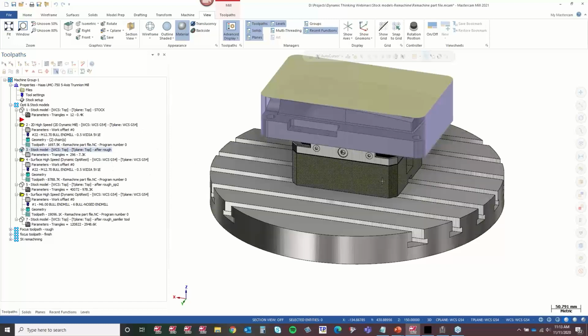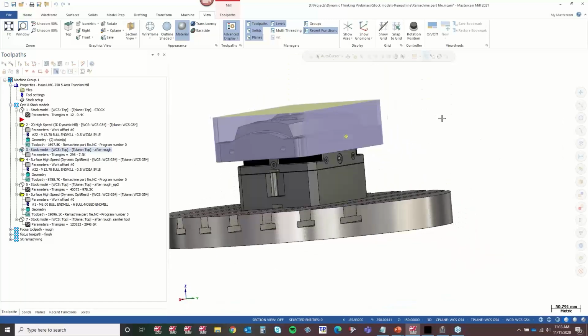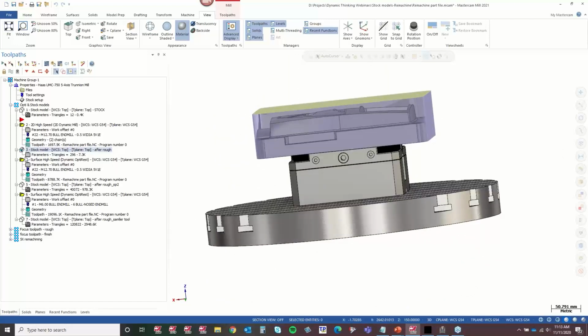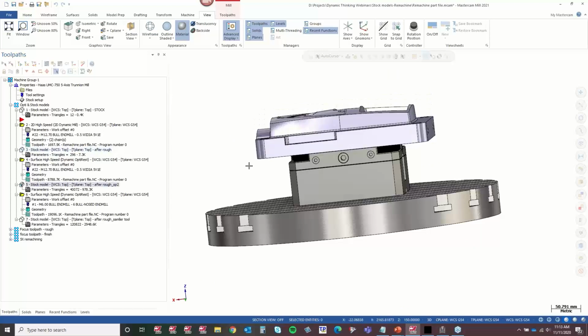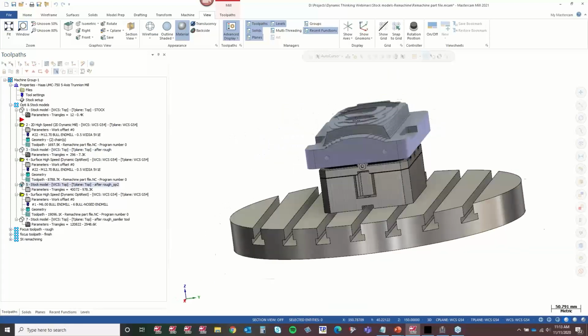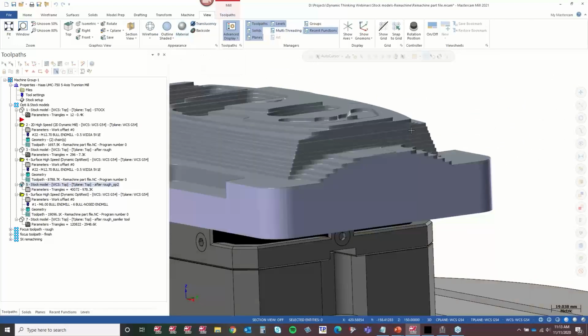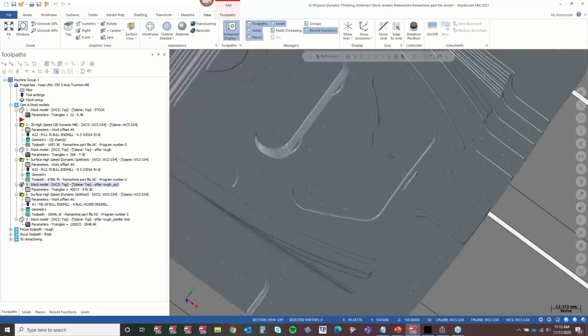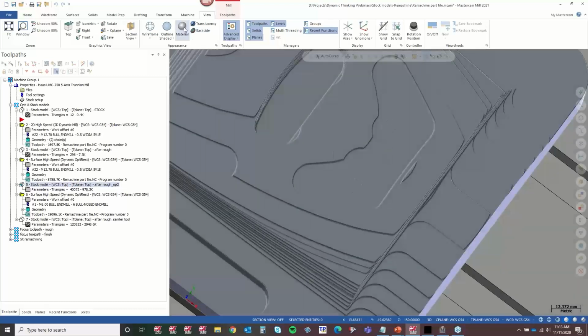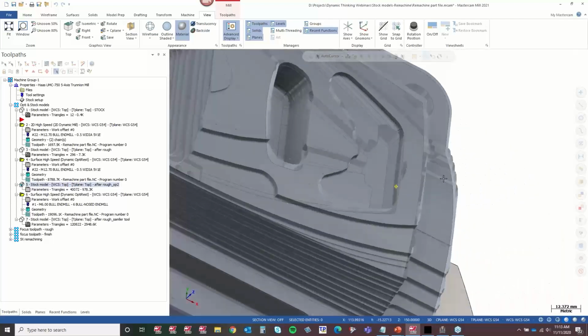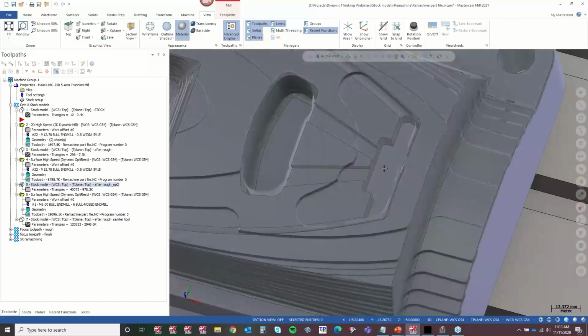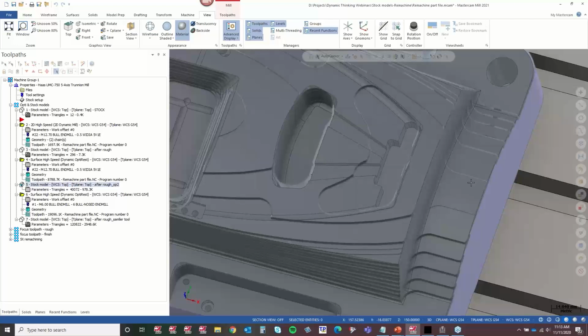All right, so that's the glass functionality of the stock model. I really use that a lot. I encourage use of that. Same thing with this next stock model, so I can see the model behind it. Without glass turned on, I'm just seeing the block of the model. I don't really know that there's a full-size pocket under there. But with material turned on, I can see that pocket and know that I have to go in there and machine it. It's a very subtle thing, but it can really help.